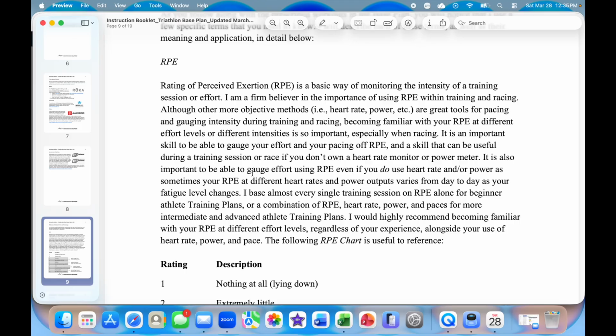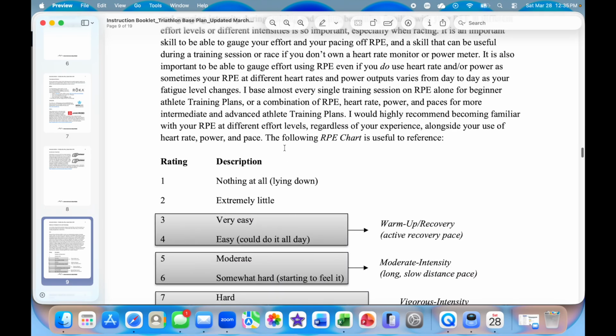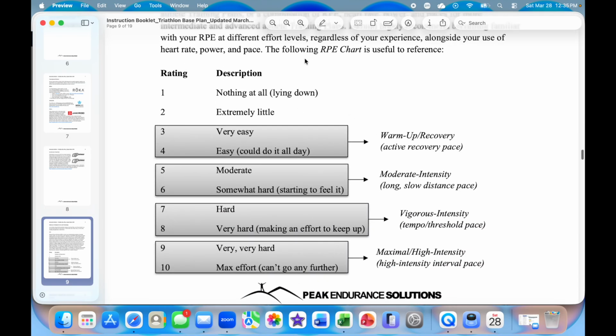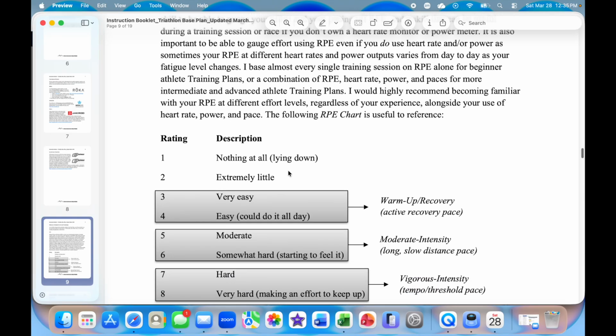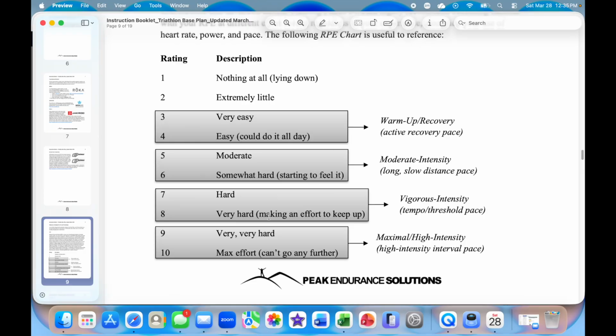If you have a beginner plan, the major difference between a beginner and intermediate and advanced plans is that everything is prescribed based on perceived exertion in beginner plans. So you will exclusively use this perceived exertion chart. Become familiar with how I use rating of perceived exertion, as well as this chart, because I will prescribe